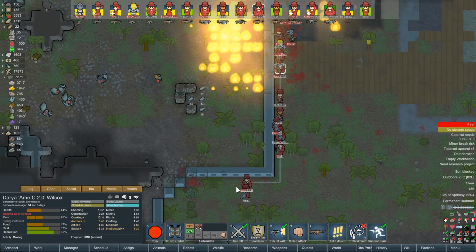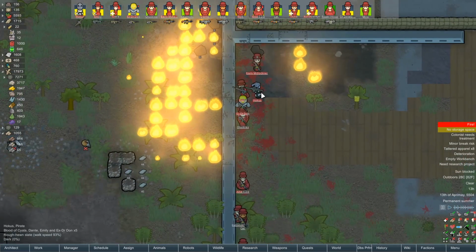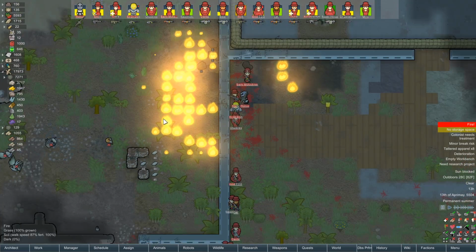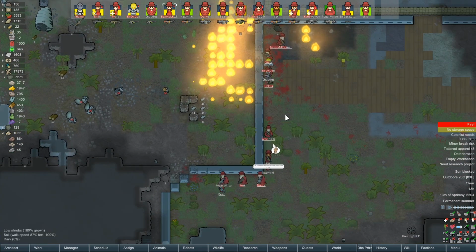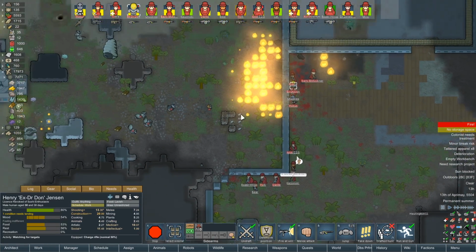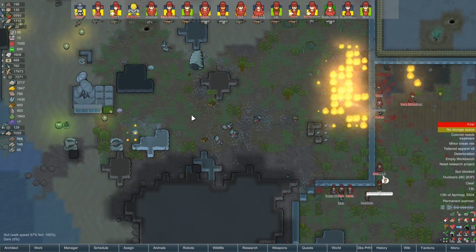Cat, get out of there as well. Amy C, you might need to go and get medically tended. Hauling bot, get out of here. Right, bring you down. So the only people that can see the hauling bot, sorry, the Lancer, are people who can't do anything about it. Okay, Don we could set up a flank with. If we jump Don down to here...